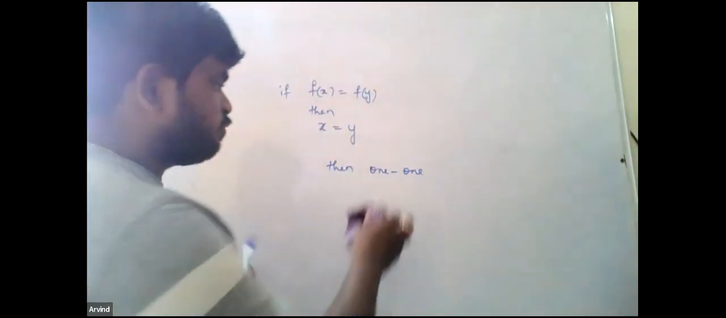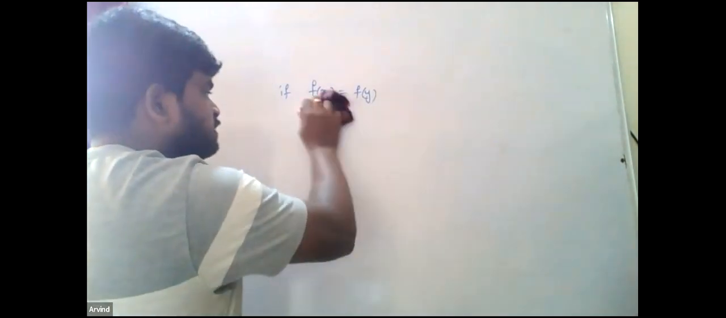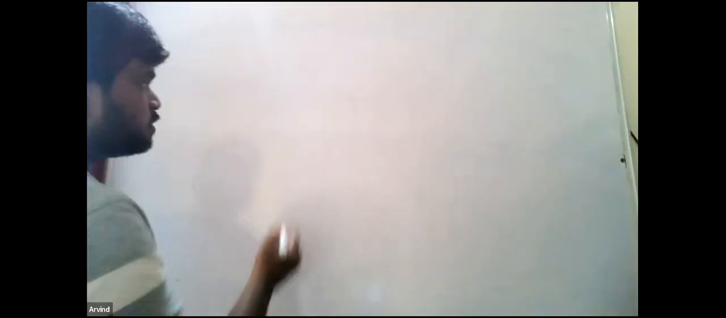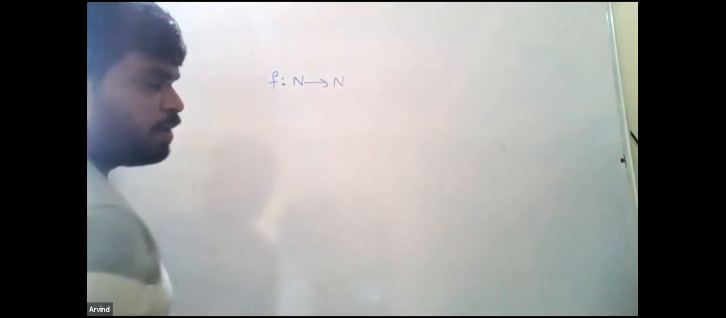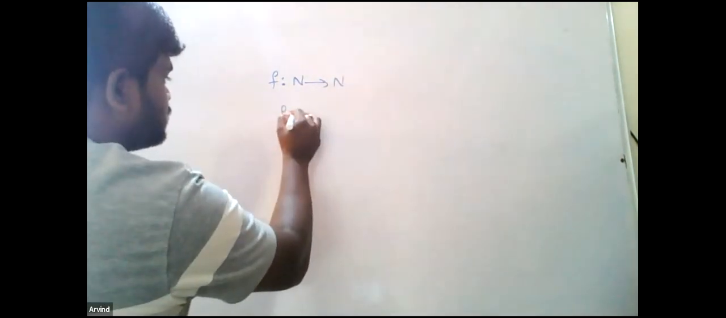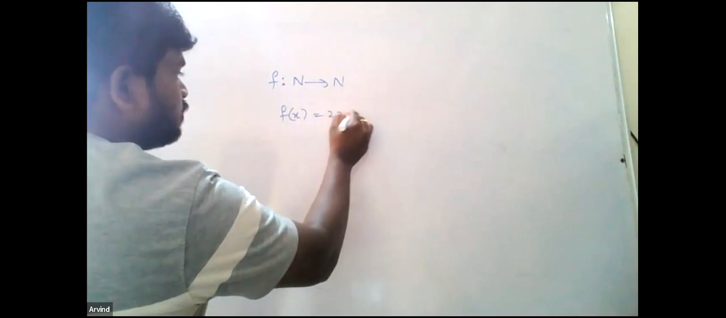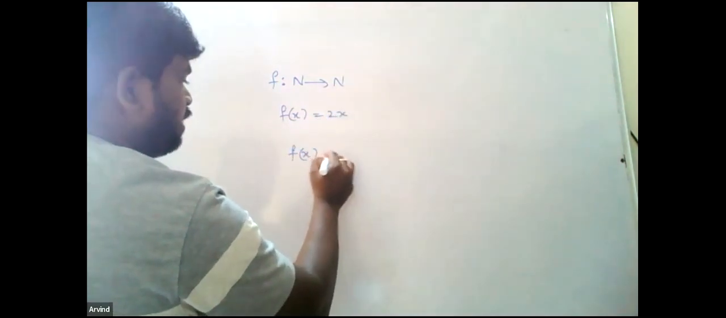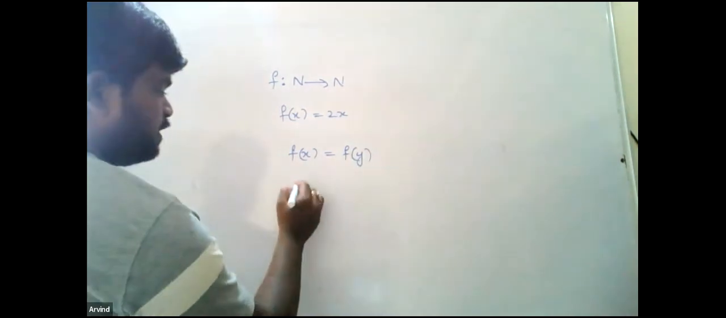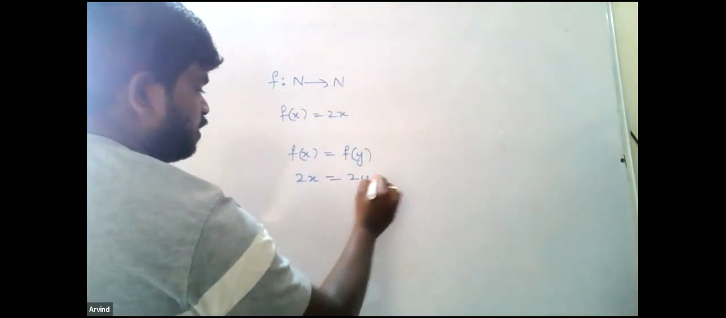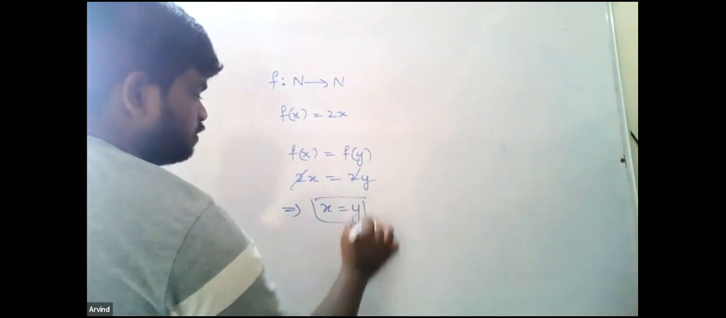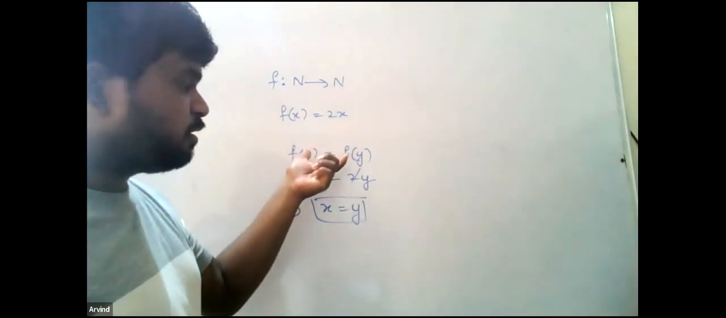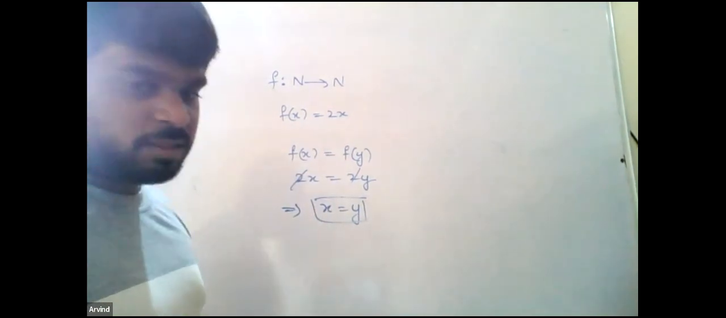What is the condition for onto? If the range is equal to the codomain. If the range and codomain are the same, we call it onto. So f is a function from natural numbers to natural numbers, and f of x is given as 2x. Let's consider f of x equal to f of y, which means 2x is equal to 2y. So you can cancel the 2. Therefore, x equal to y. So f of x equal to f of y, and we ended up at x equal to y. Therefore, f